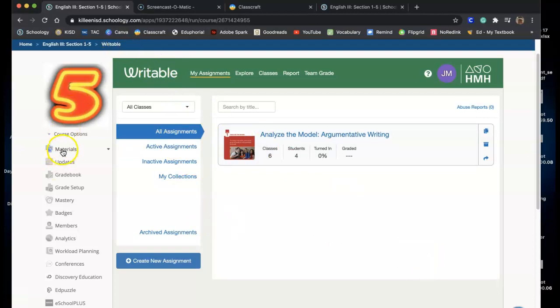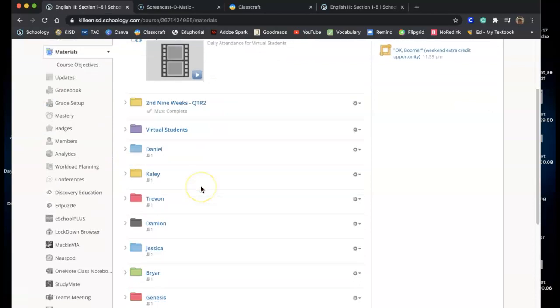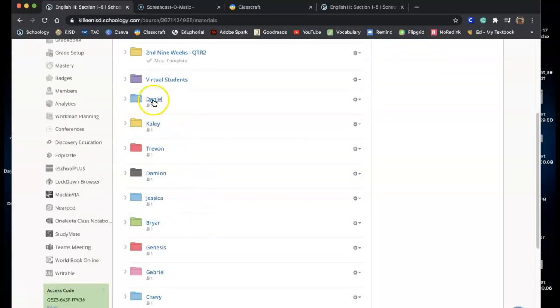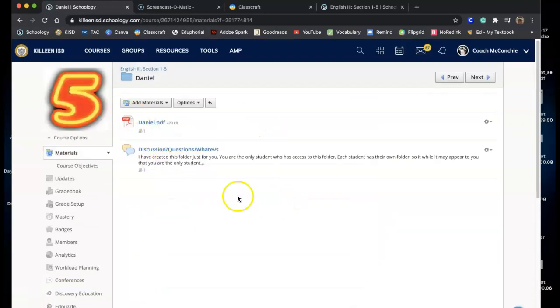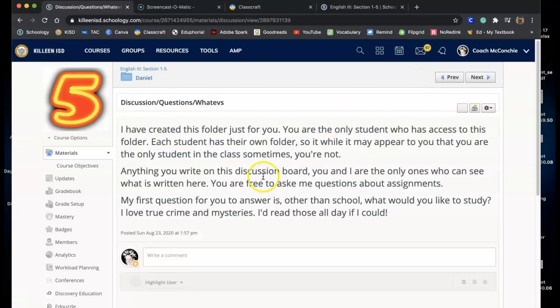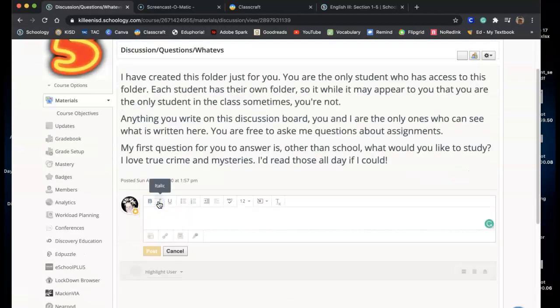If you need help, what I want you to do is go to your folder. This is Daniel's. I'm just using him as an example. Go to this discussion, okay? Don't use messages, okay? You see how many I have, right? Put in here, Coach, I need help on the Writable assignment.